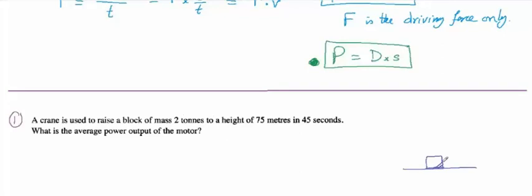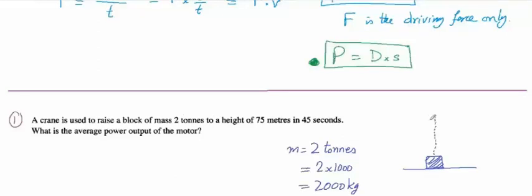Mathematically, this is a block whose mass is 2 tons. We know 1 ton is 1000 kilograms, so the mass must be in kilograms in the SI system of units. So it will be 2 times 1000, so 2000 kilograms is the block, which is raised to a height of